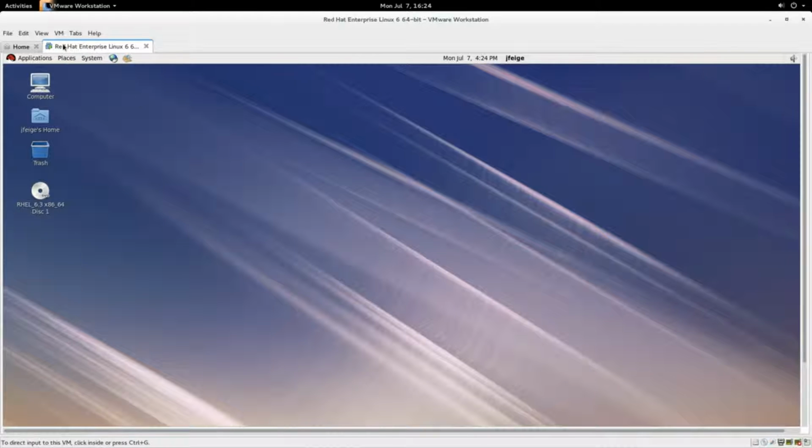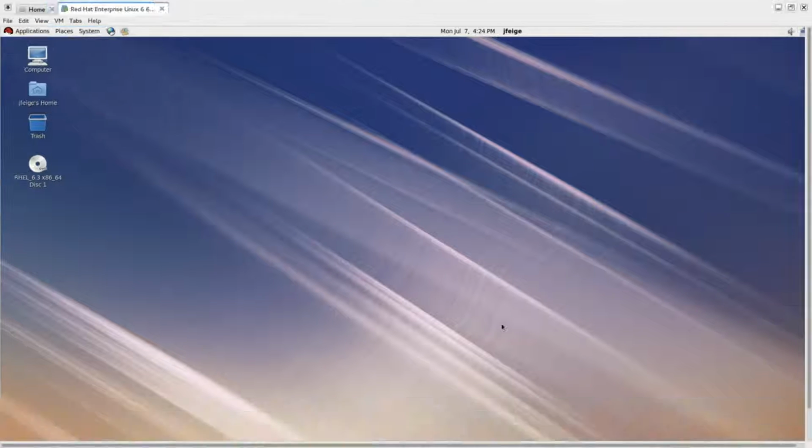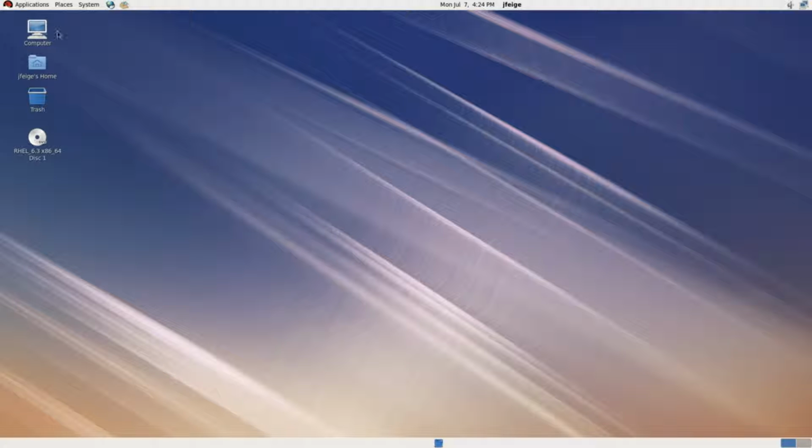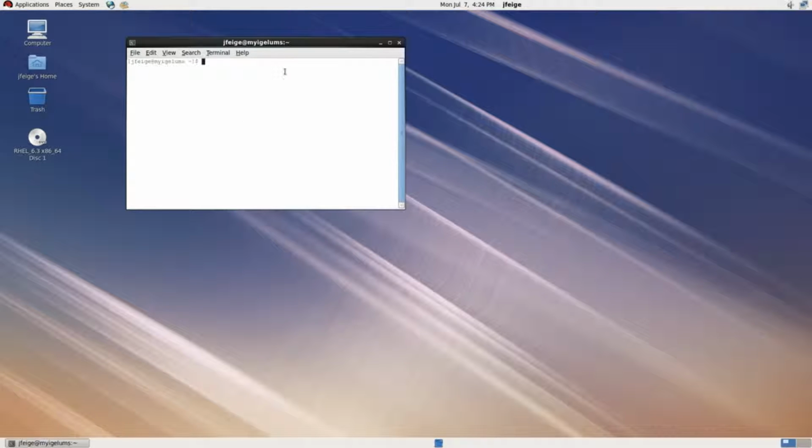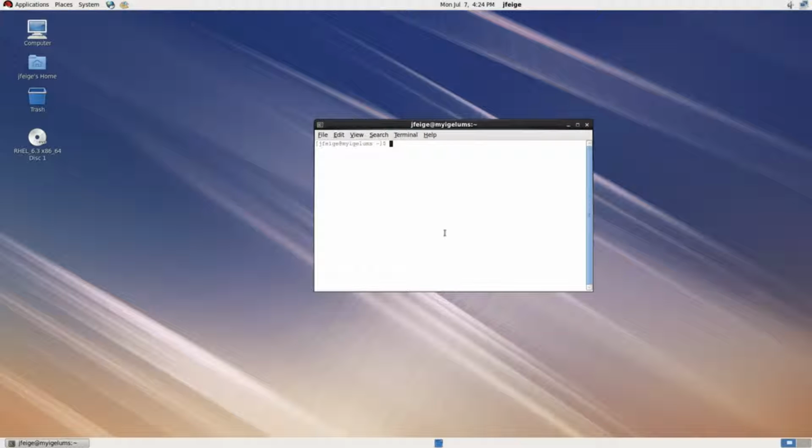So I have a Red Hat Enterprise server 6.3. It's up to date. I've already downloaded the UMS console, or the UMS installation package. It is in my downloads folder, and we need to add the executable bit to it. And then we need to install some dependencies because our management suite is designed and tested for the 32-bit environment. However, as long as you install the right dependencies, the 32-bit libraries and whatnot, it installs and runs just beautifully